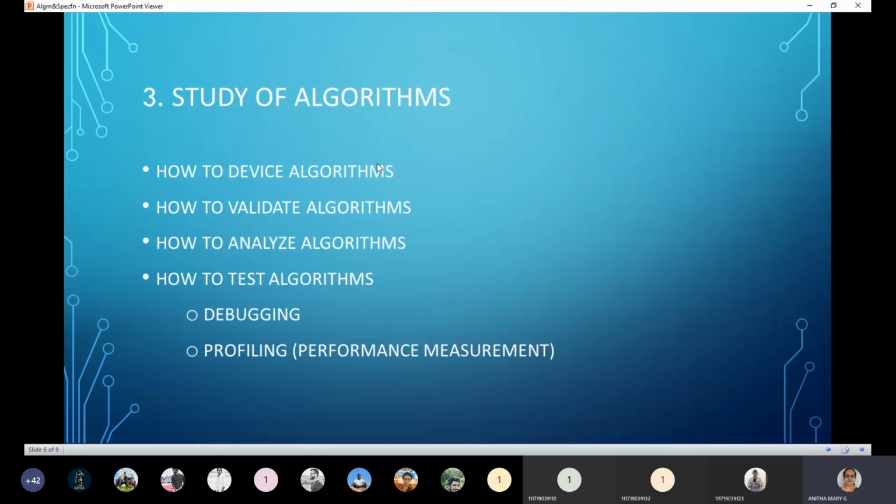This study of algorithms topic is very important. Whatever I have just covered about algorithms, all these things are important. Again I repeat, study of algorithms. The first one is devising algorithms. What exactly is devising an algorithm?